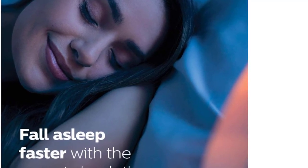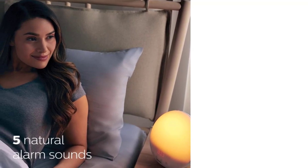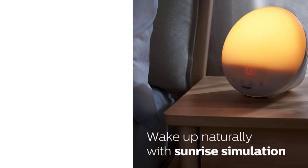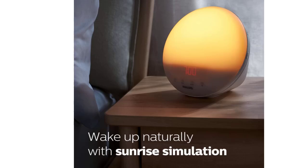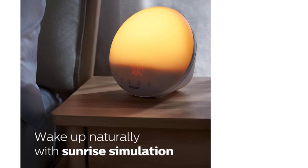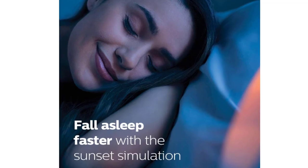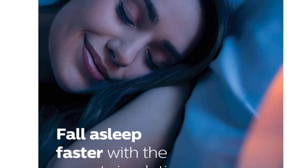top-tier wake-up light. Performance-wise, the Philips Smart Sleep excels in creating a natural wake-up experience. The simulated sunrise transitions smoothly, mimicking the gradual light increase of dawn. Its bedside lamp functionality and dimmable display add convenience, while the 90-day money-back guarantee demonstrates confidence in its effectiveness. However, the higher price may deter budget-conscious buyers, and the fluorescent light source might not appeal to users seeking LED